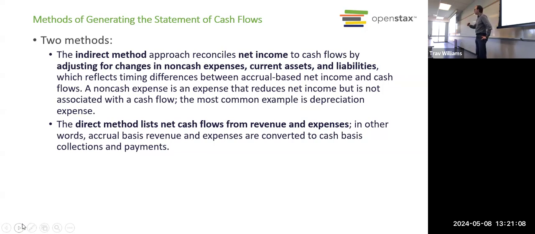Now I just told you, reminded you, that the income statement does not tell us our cash flow. It tells us our profits or losses, right? So why do we then start with net income to figure out our cash flow from operations? Well, that's why it's called the indirect method, because we take our net income, our profit, and then we make a bunch of adjustments to it so that we can figure out what our cash flow from operations is.